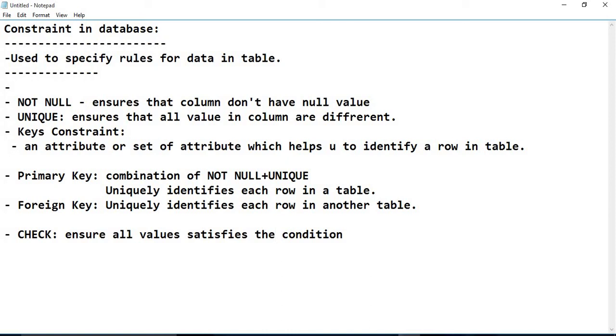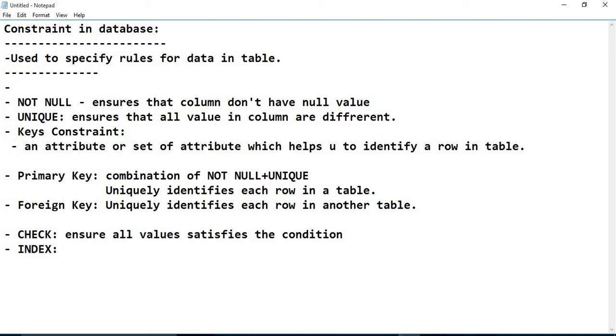Now next one is index. Index is very important. So what will index do? An index is used to create or retrieve data from the database very quickly.